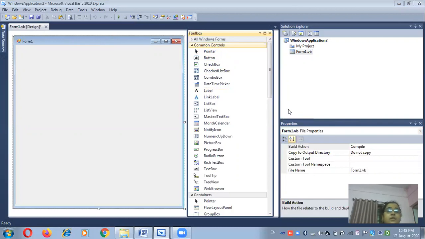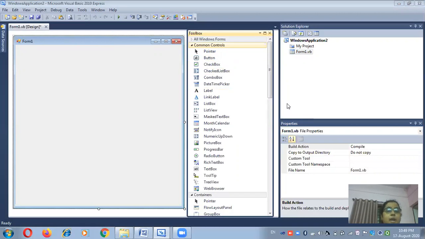Okay, so in Visual Basic the applications use different methods, properties and events, and the integration of all these components makes an IDE. So today's lecture, we will see how to create a simple application of addition of two numbers in Visual Basic.